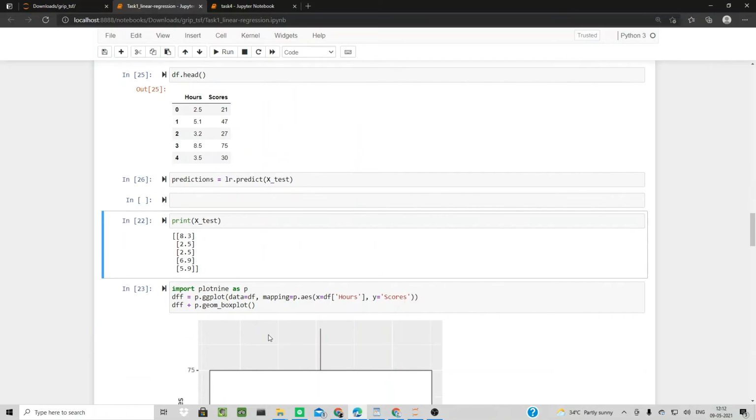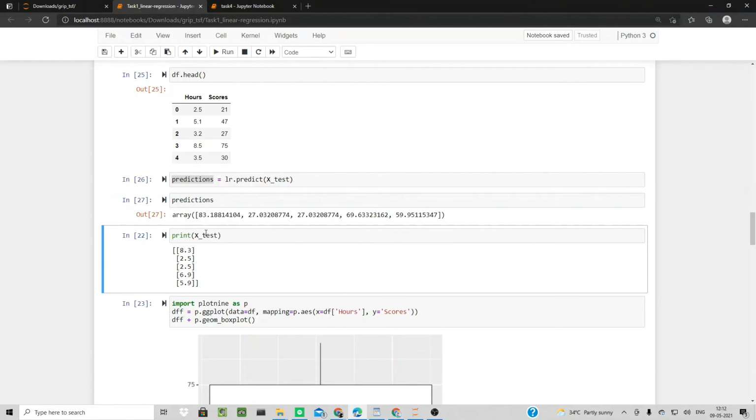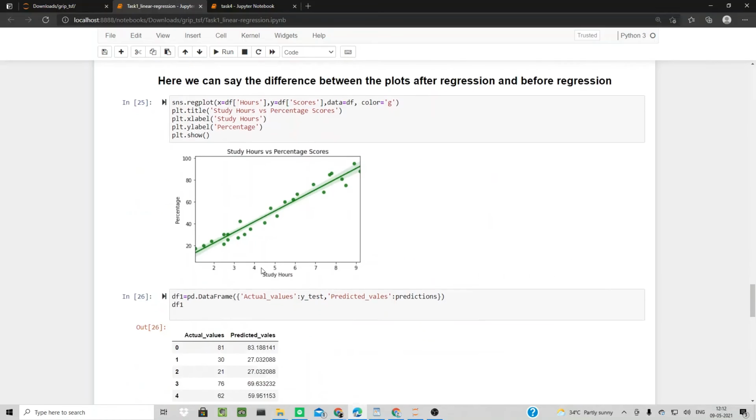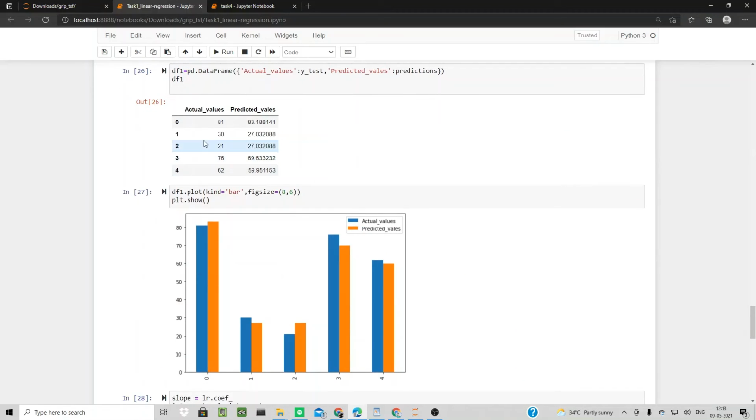So I'm going to also plot a reg plot again. You could see a reg plot is a regression plot. You could see the points. It is far from this point. It is too close to this point. So it is not exactly the regression plot.